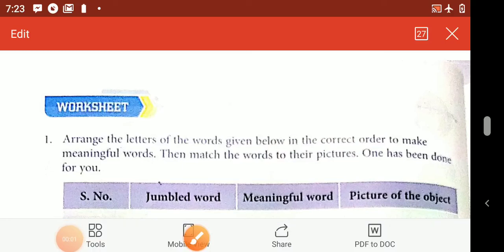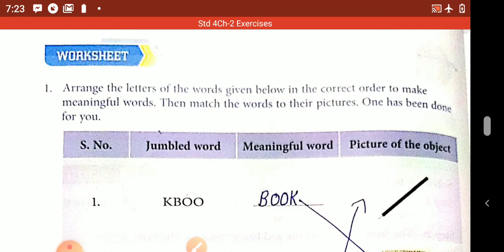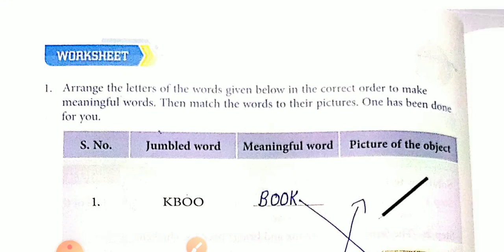Students, today we are going to learn chapter 2 exercise. Your chapter title is Logical Thinking. In the previous lecture, I already explained the problem regarding the farmer. Then today I will explain your exercise. So before starting your exercise, I will just explain the main point of your chapter.